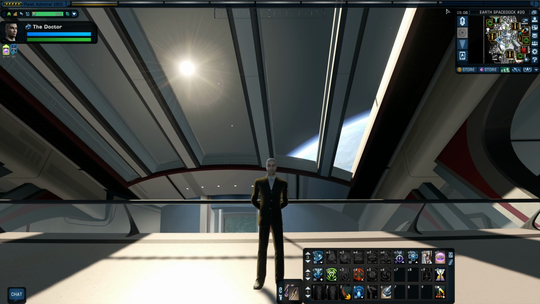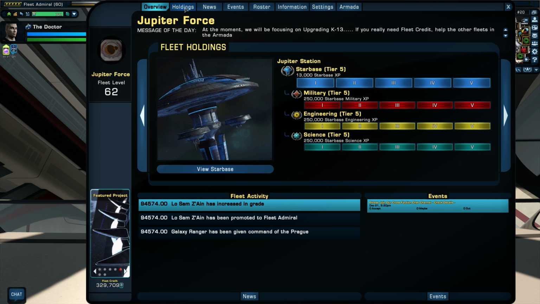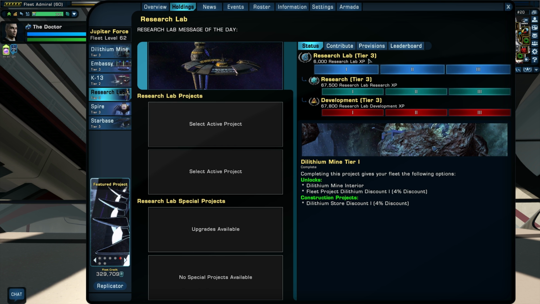If I click the right button, of course, let's go to Research Lab, it goes up to Tier 3. So it's a Tier 3 Research Lab, pretty much just like everything else. The only thing that's been Tier 5 so far is the Starbase. So you can see Research Lab Tier 3, Research Tier 3, and Development Tier 3. Max all those out and you'll have a Tier 3 Krenim Research Lab, or what it just calls Research Lab. But it is a Krenim Research Lab, because this deals with